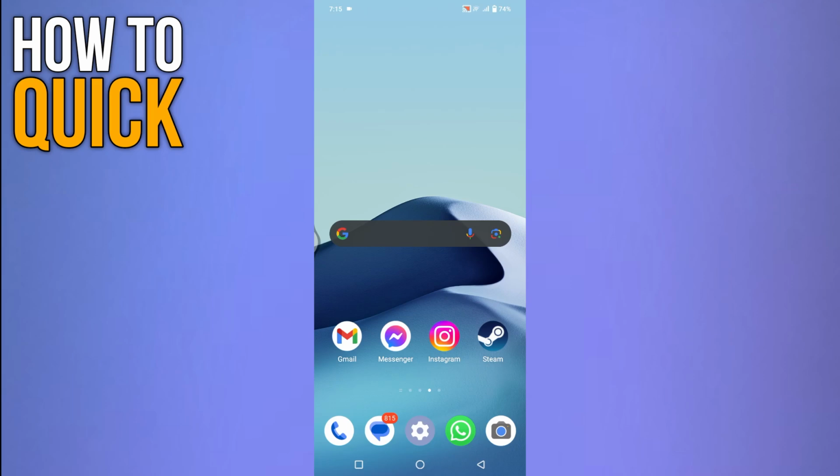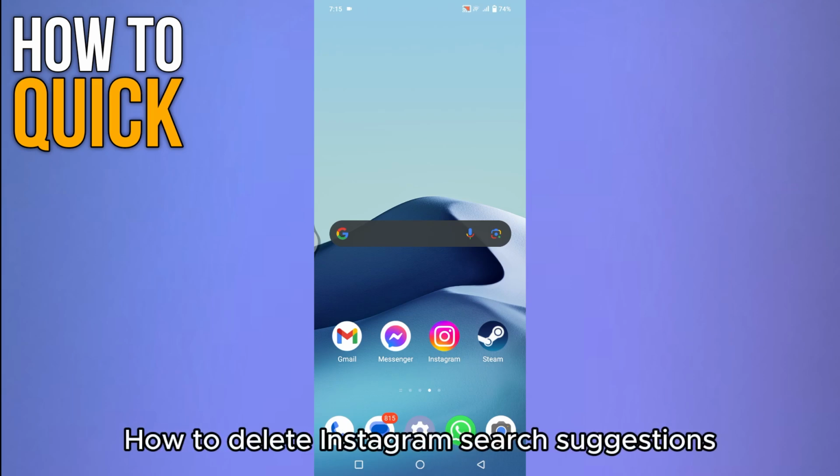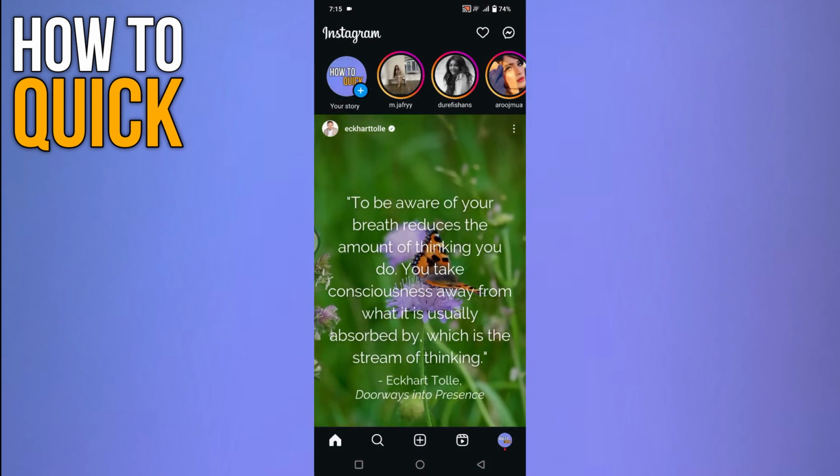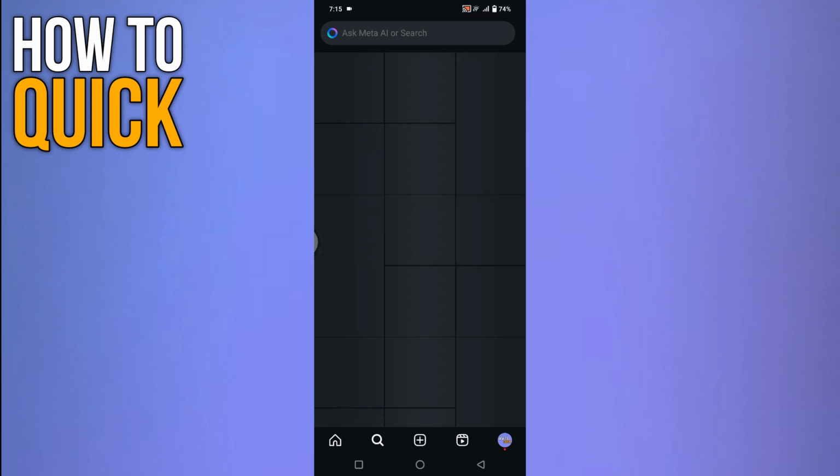Hello guys, in this video I will show you how to delete Instagram search suggestions. First of all, open the Instagram application, tap on the second tab at the bottom to navigate to the explore